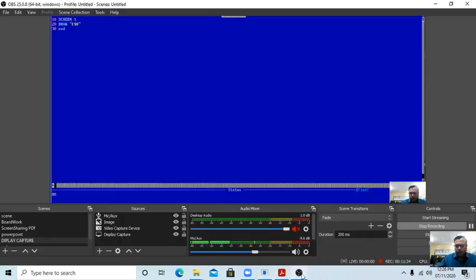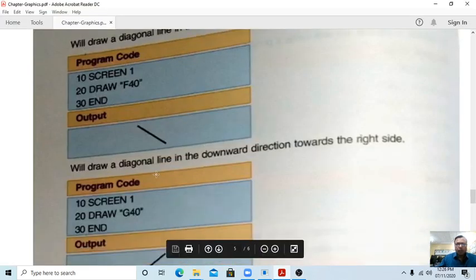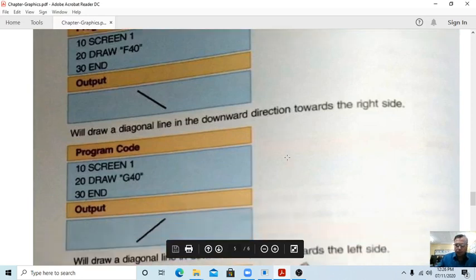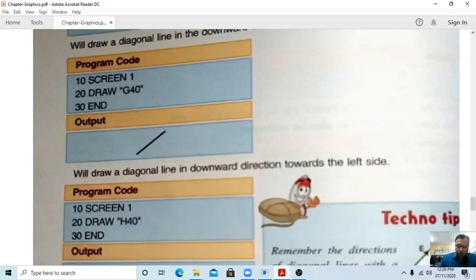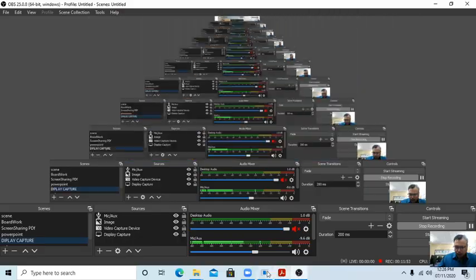Now next one, students. We'll draw diagonal lines in downward direction. Okay, we have completed. Now next one is 10 screen 1, 20 draw G40, 30, that is end. We'll draw a diagonal line in downward direction but towards the left side. G40 toward the left side. Students, now everyone see